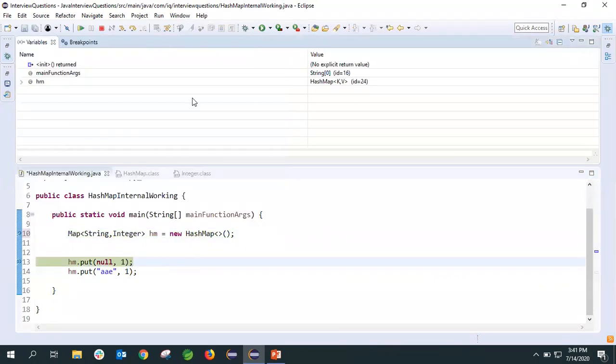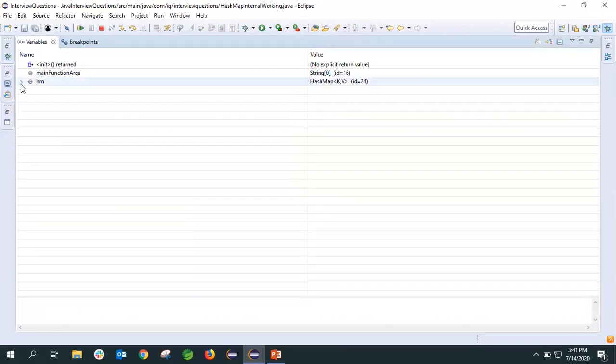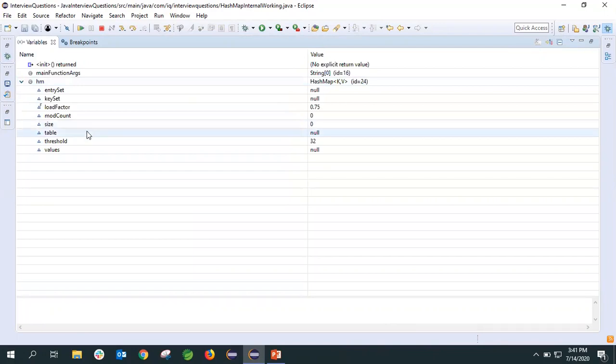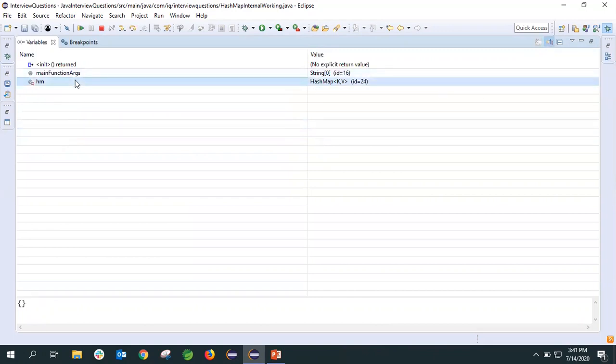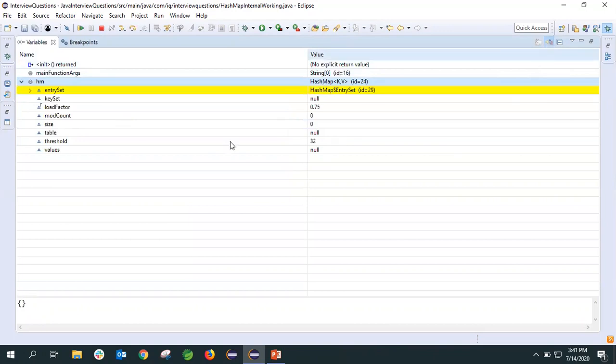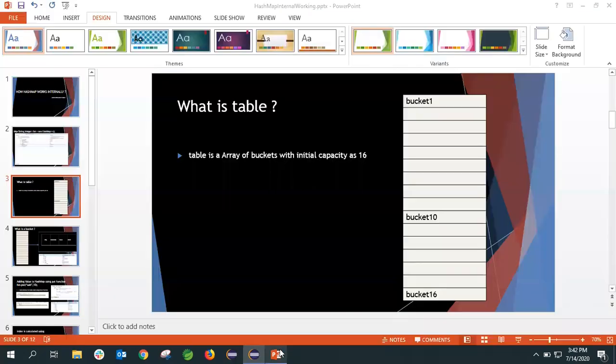If you can see here, this is the variables tab. Here you can see something called table, and the value is null. Generally if you see it for the first time it will be like this, so you will not understand why it's not getting created. What you have to do is click here, show logical structure, and you'll get something like this. Now let's go back and understand in the PPT.